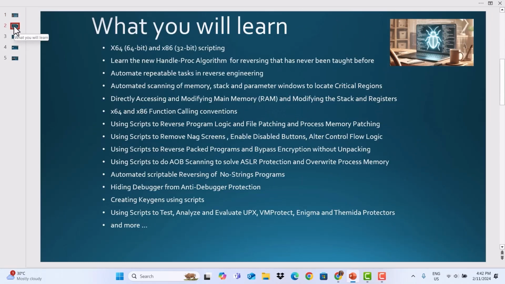What you will learn. In this course, you will learn x64 and x86 scripting, learn the new handle prop algorithm for reversing that has never been taught before, automate repeatable tasks in reverse engineering, automate scanning of memory, stack and parameter windows to locate critical regions, directly accessing and modifying main memory and modifying the stack and registers, x64 and x86 calling conventions, using scripts to reverse program logic and file patching and process memory patching,